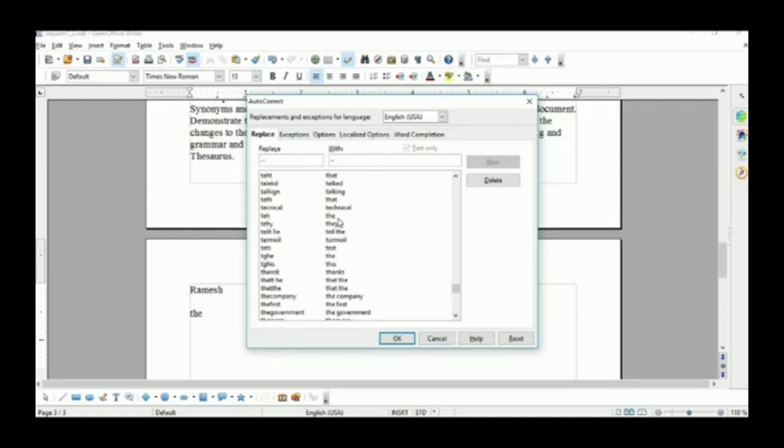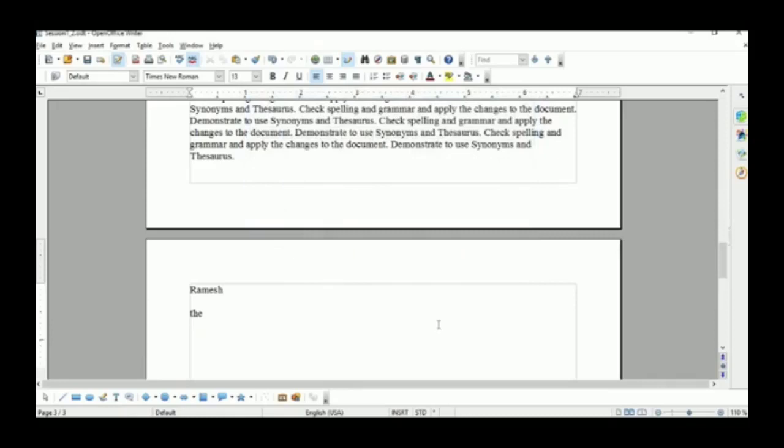See here, this one. When I type T-E-H, it will automatically convert to T-H-E. Clear? When I type E-A-H-T, it will change to T-H-A-T, that is, "that". Is it clear? So this happens only with the help of the autocorrect feature.